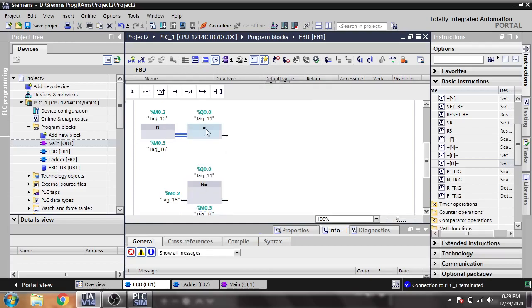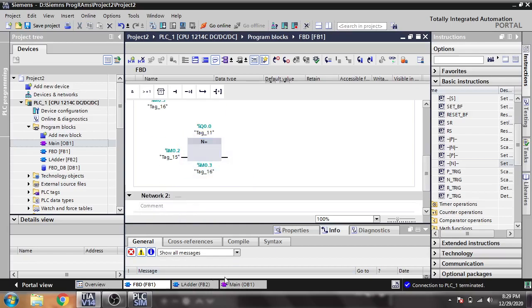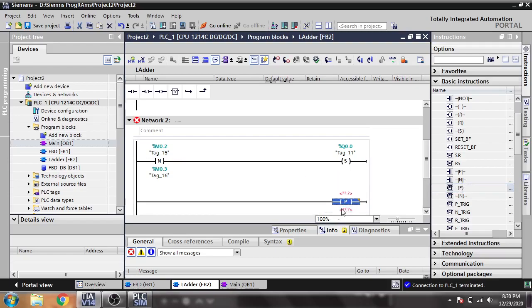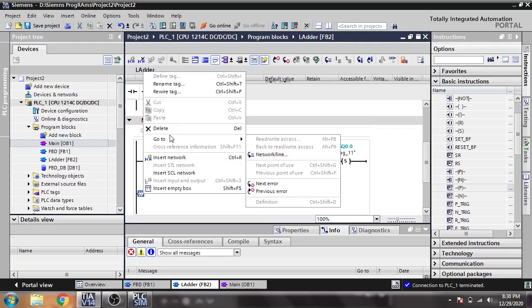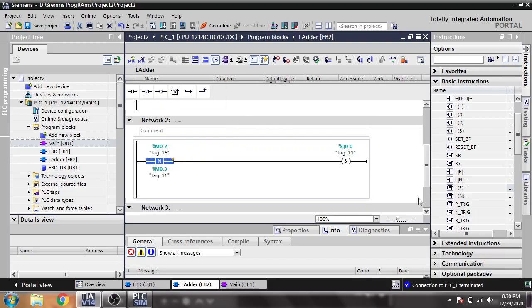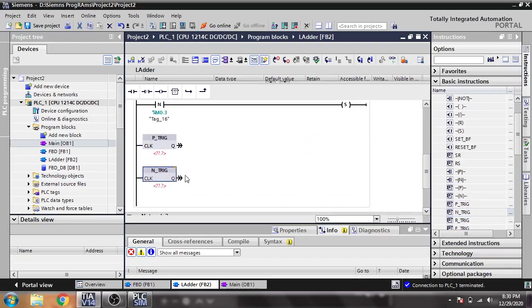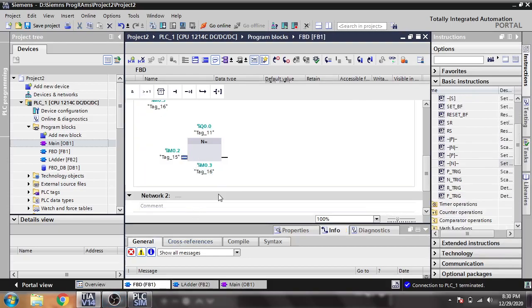So these two, this one and this one, have the same function, like we discussed in our P string. It will energize our output, but we don't need that one and that one. These both are the same.